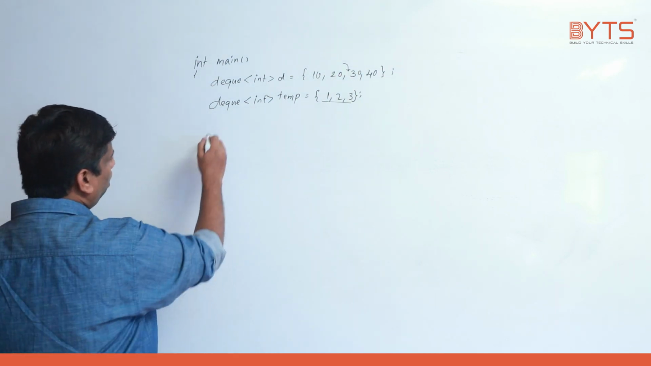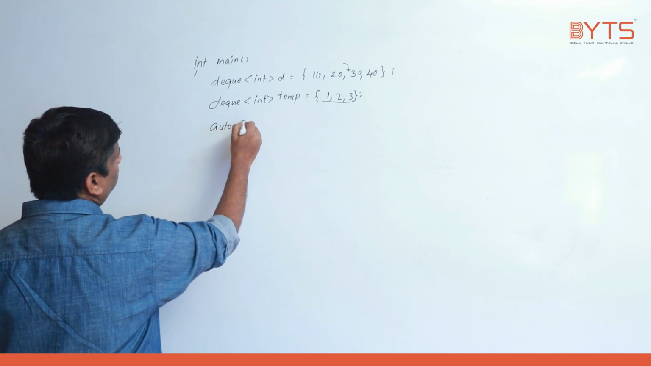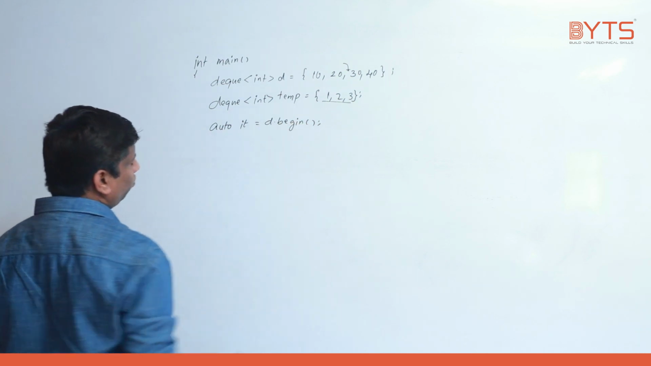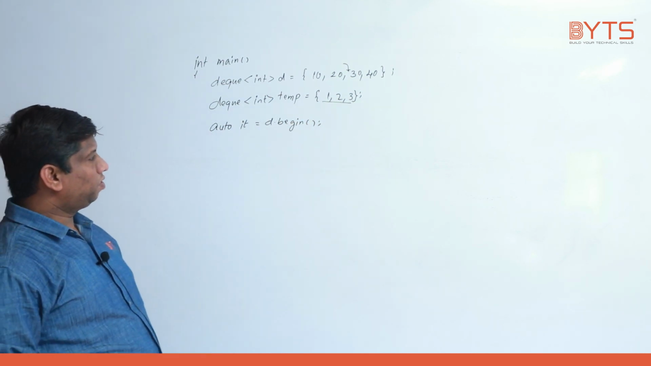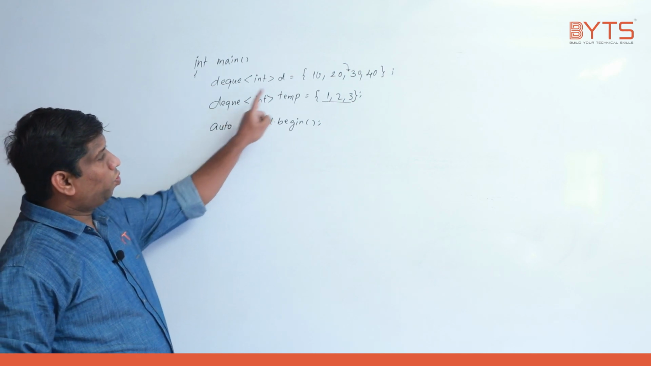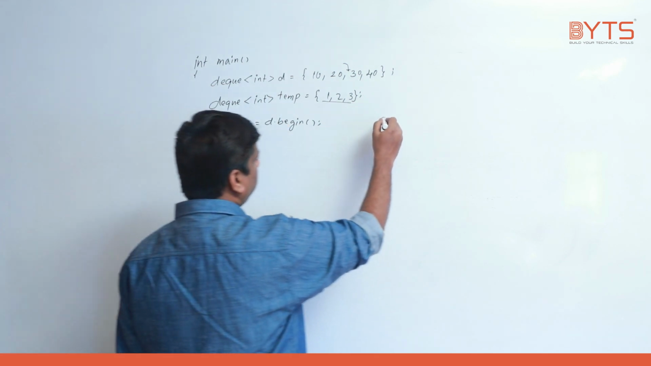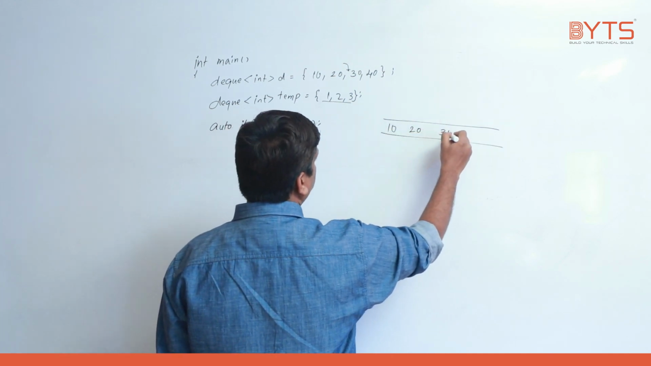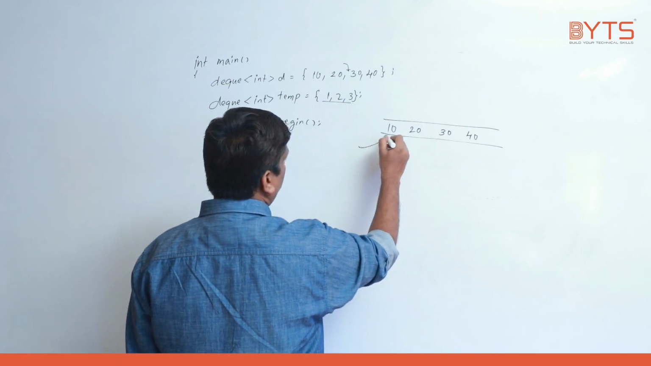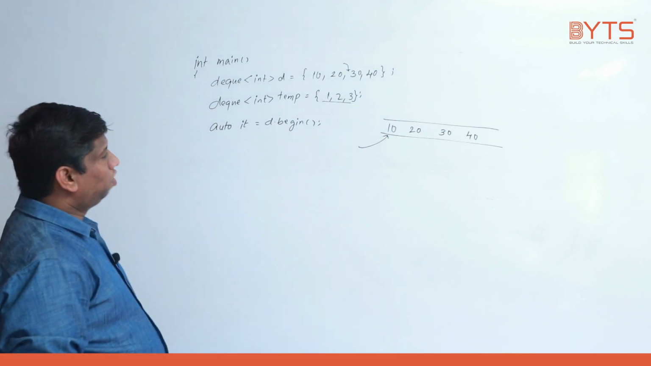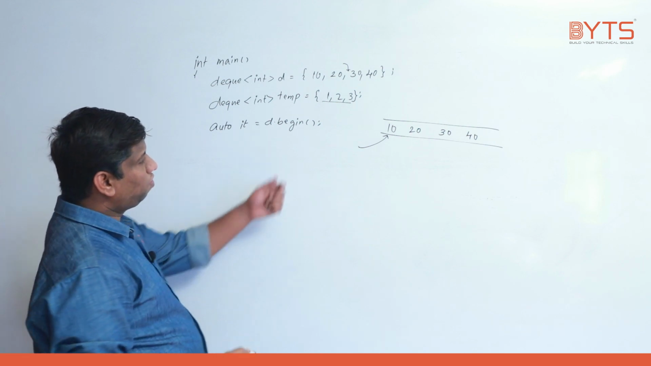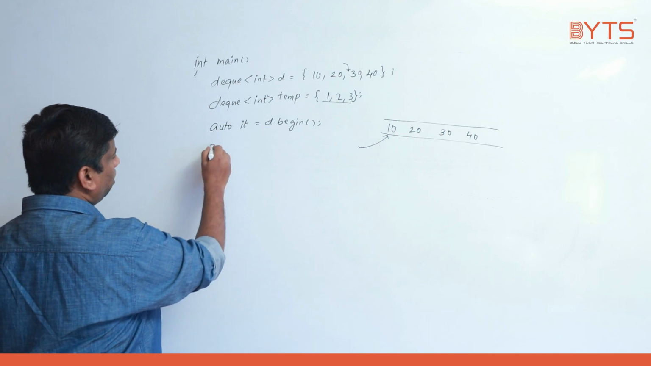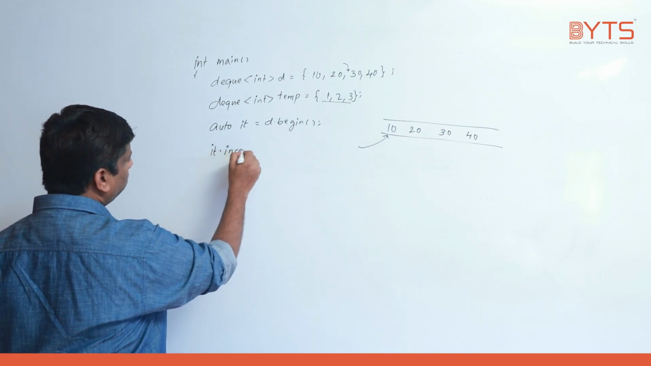How do we do that? Auto it is equal to d.begin. Whenever I write auto it = d.begin, it will point to the first element. This is the DeQueue: 10 is there, 20 is there, 30 is there, 40 is there. Now it is pointing to this location. Now I need to insert these three elements here, so it.insert,